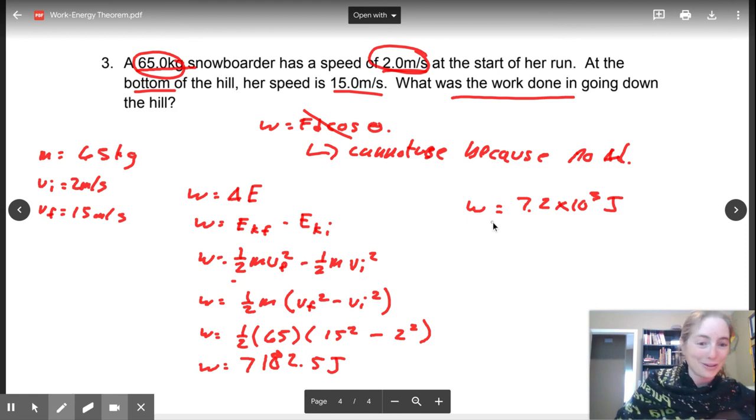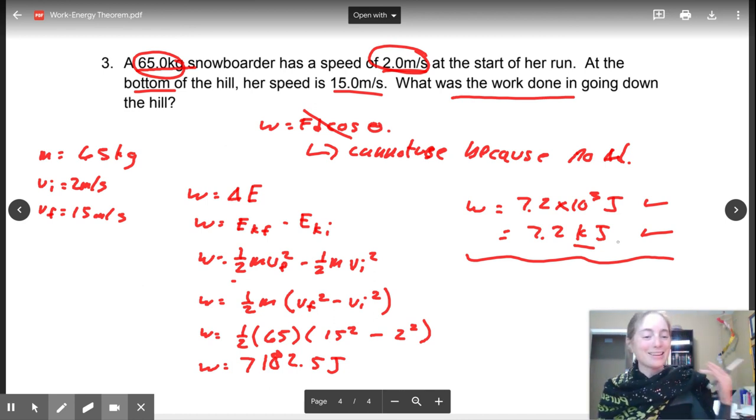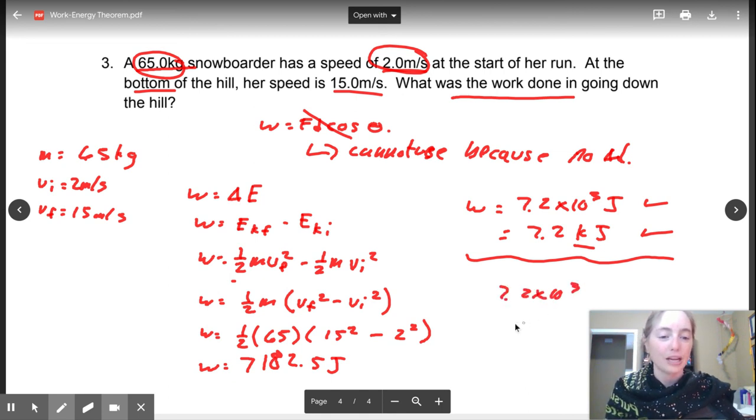Another way that you can communicate this is also 7.2 kilojoules. Both of these are correct. It just depends: do you want to put your numbers into scientific notation for sig digs, or convert units to get sig digs? Both of these are acceptable. That's also why I insist on you writing your units. Because if I happened to do my answer key in kilojoules, which I often do, and I see this,